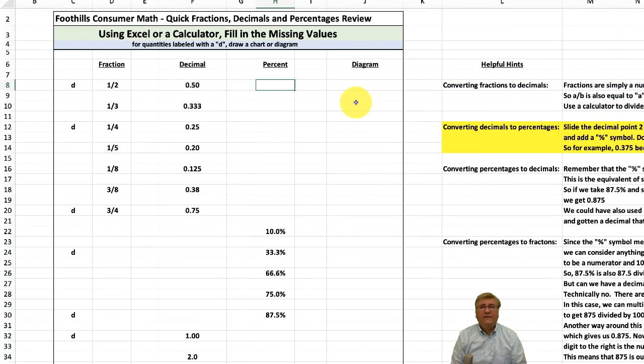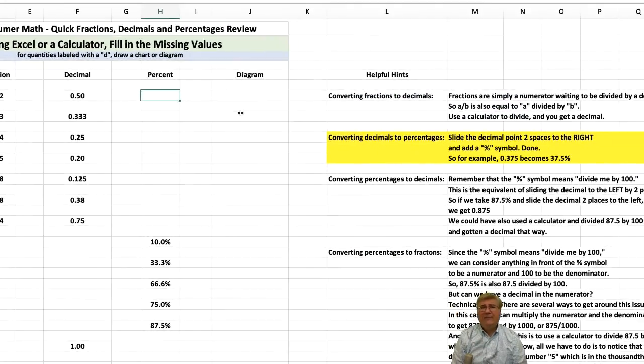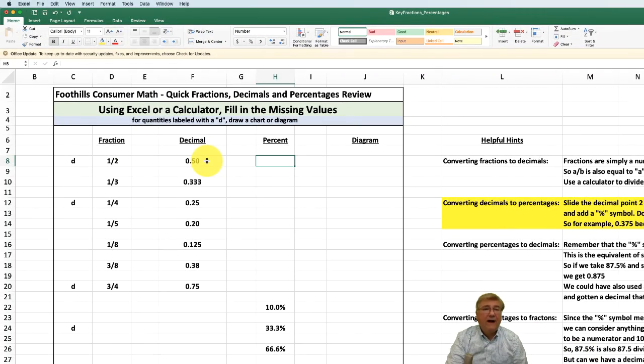Okay, now let's convert the decimals to percentages. The easiest way to convert a decimal into a percentage is by moving the decimal place 2 spaces to the right and then tacking on the percentage sign. So in the case of 0.50, we just slide the decimal point 1 to the right, 2 to the right, and tack on the percentage sign. That gives us